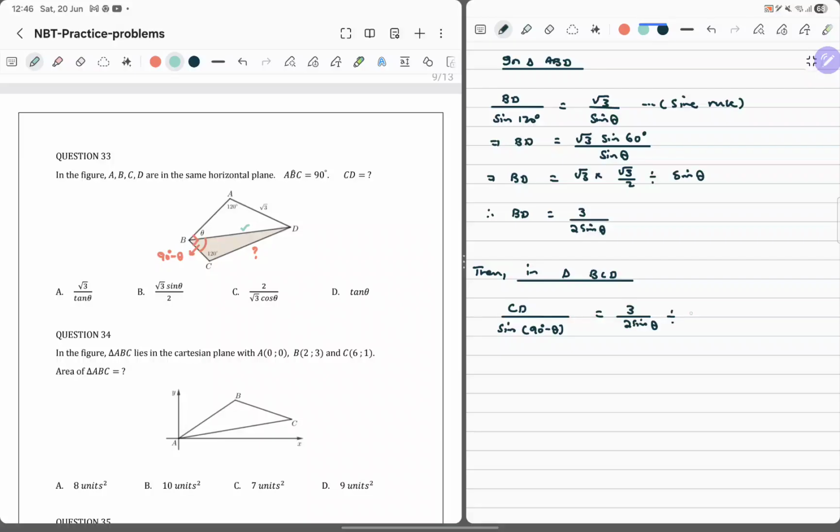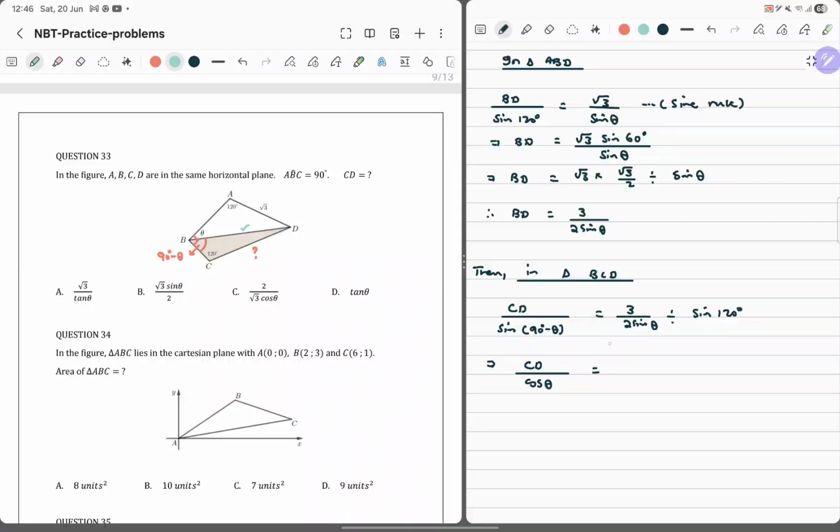Then all of this is divided by the sine of the angle opposite that, which is 120 degrees. Alright, so this implies that CD over, this changes to cos theta, is equal to,